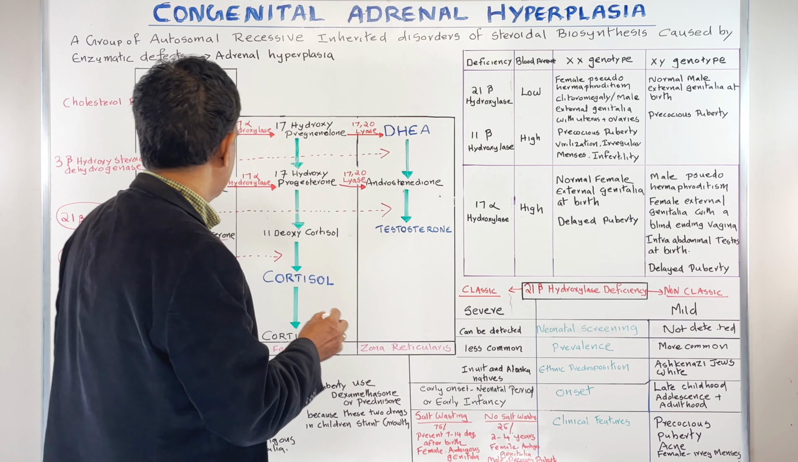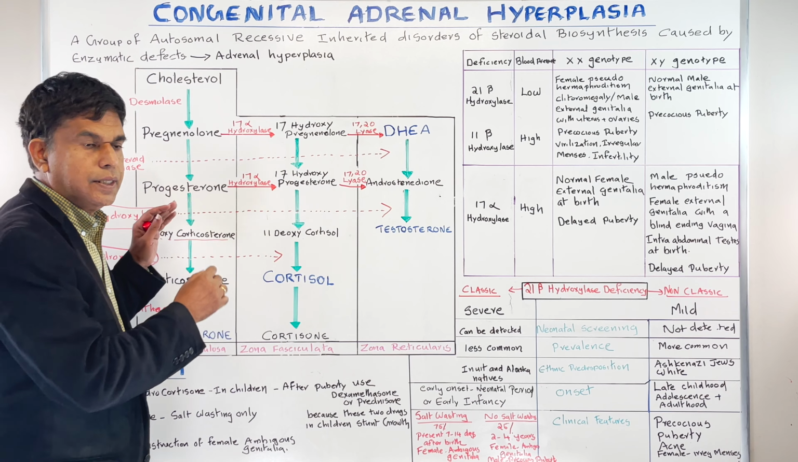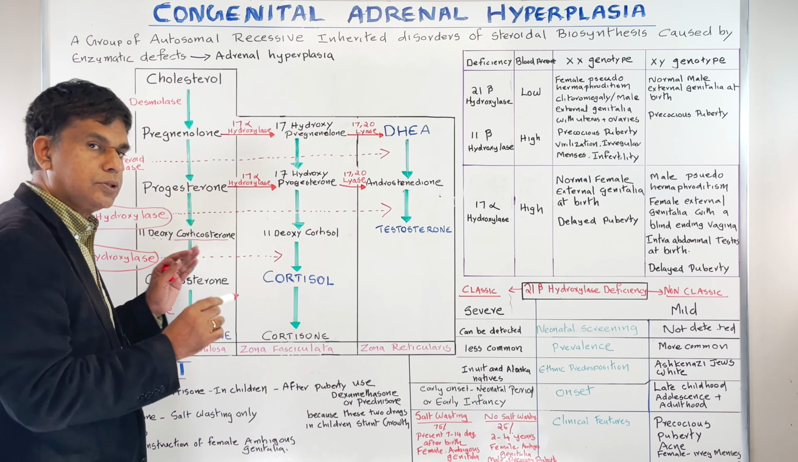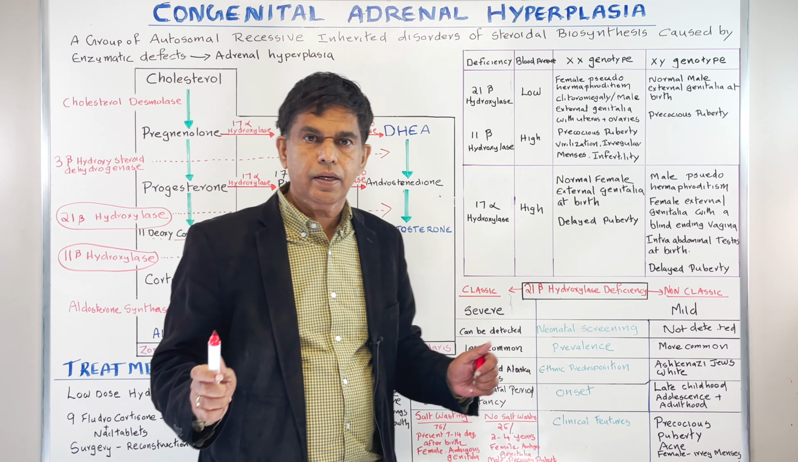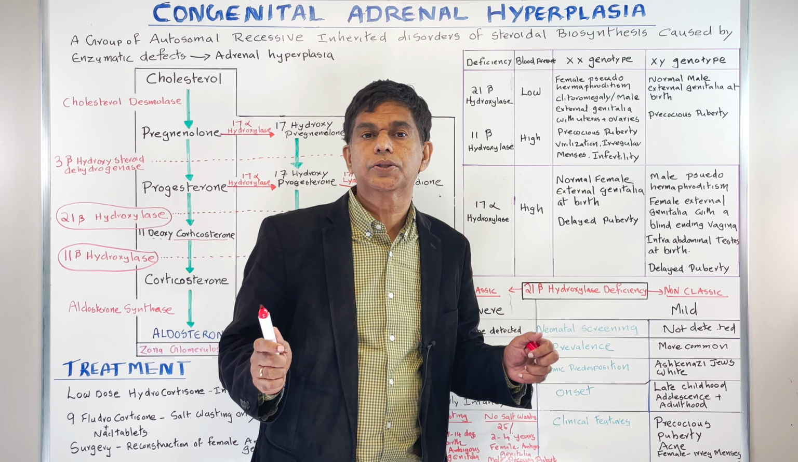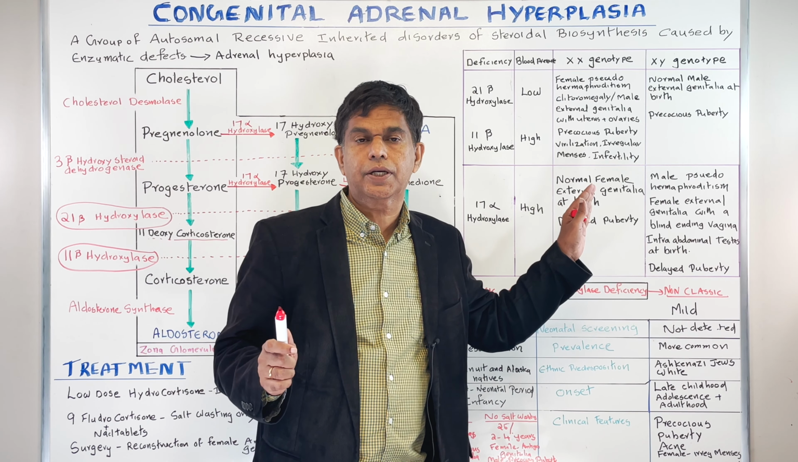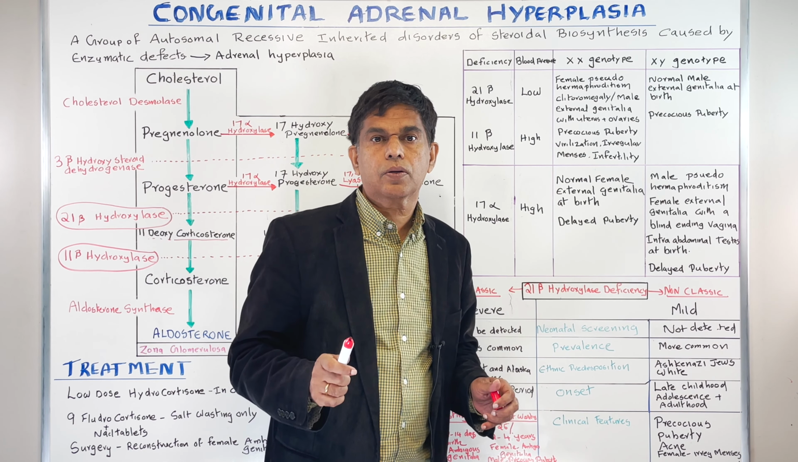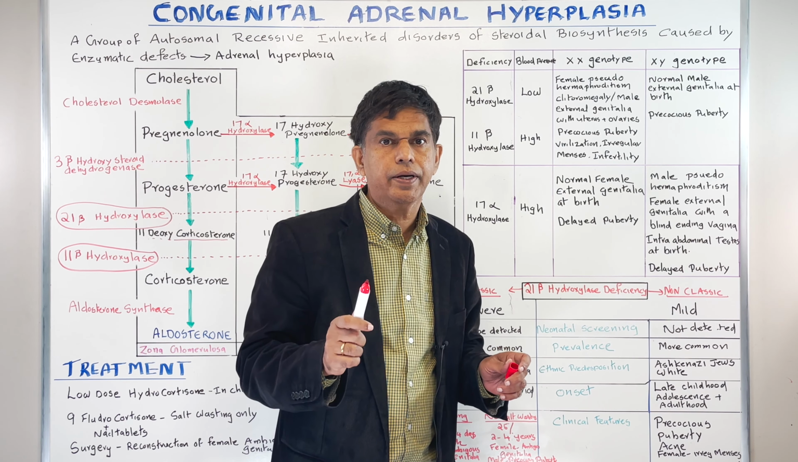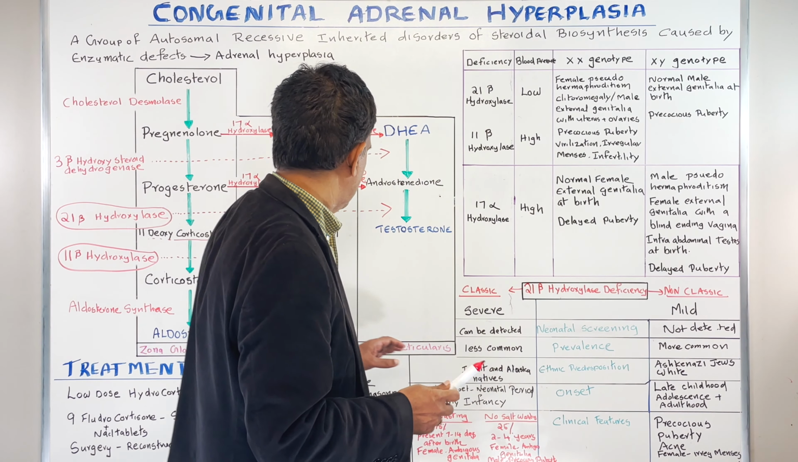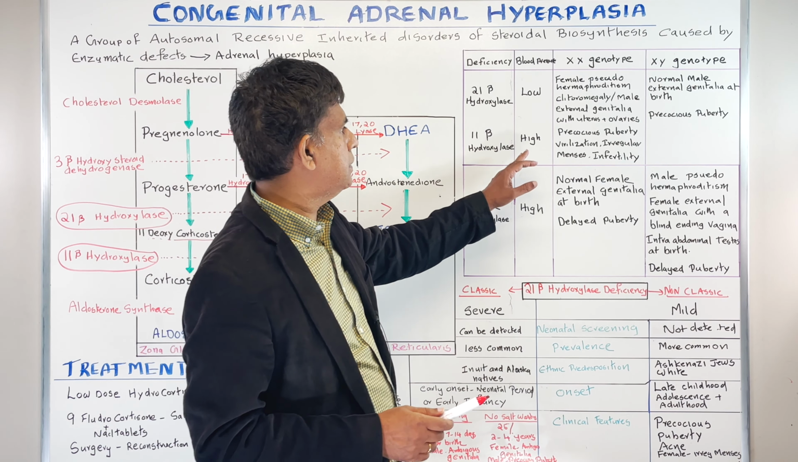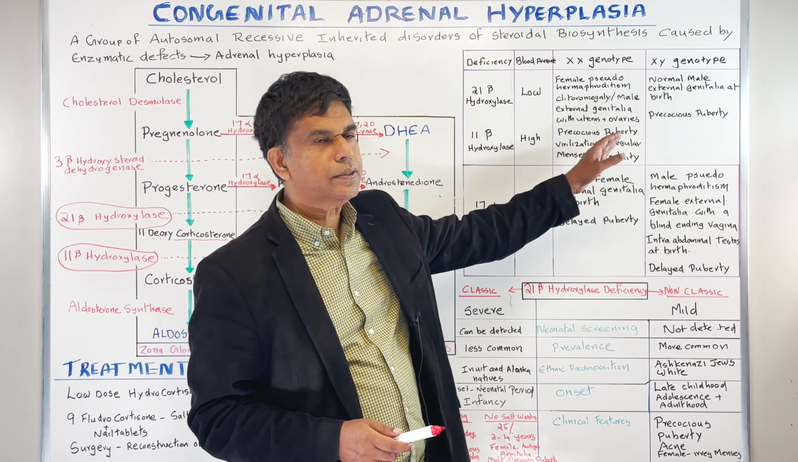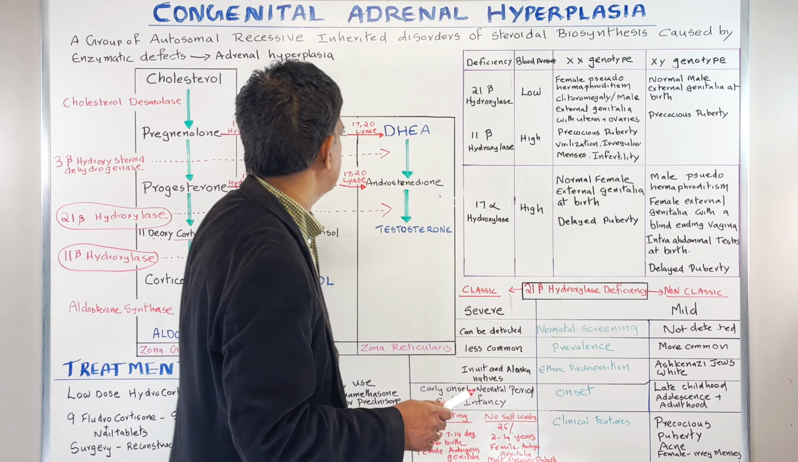Okay? Because this part is going to go high, this thing is going to produce a lot of 11-deoxycorticosterone. When you have lots and lots of deoxycorticosterone, that's going to drive your blood pressure high, because it does have some mineralocorticoid activity. Remember that, very important. Okay. Now, so what happens? So 11-beta hydroxylase is high, but all the other things are going to remain the same,